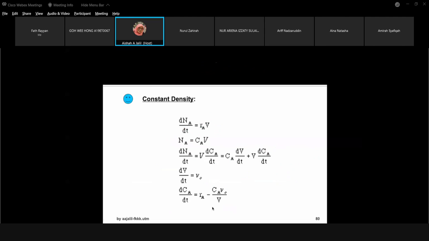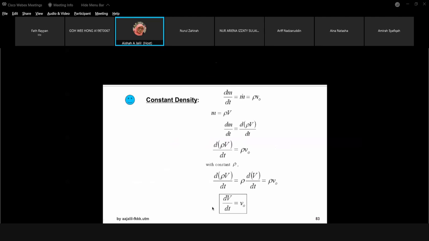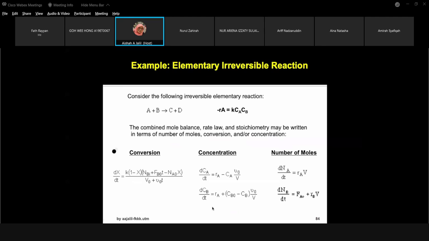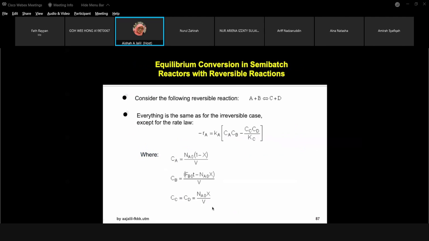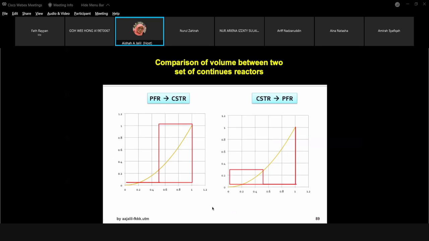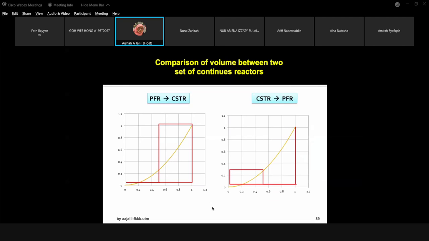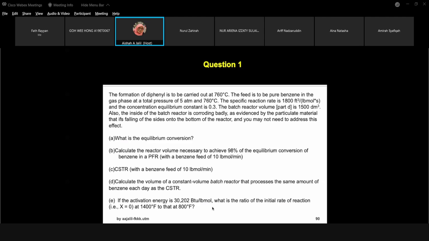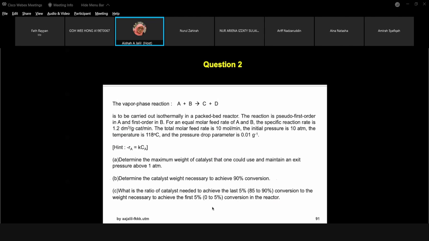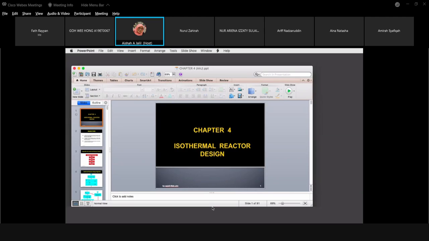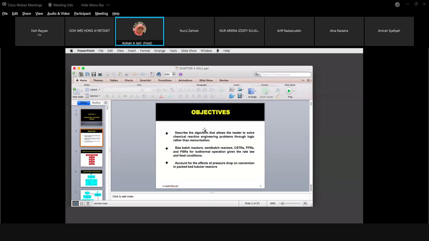Okay. This we will not cover. This is all the polymers, but the polymers I don't know. This is the example. Take note, you have to search for the question. So take note, we have 1, 2 as usual, 2 from chapter 4 from your slide. So that's all for today for your chapter 4.